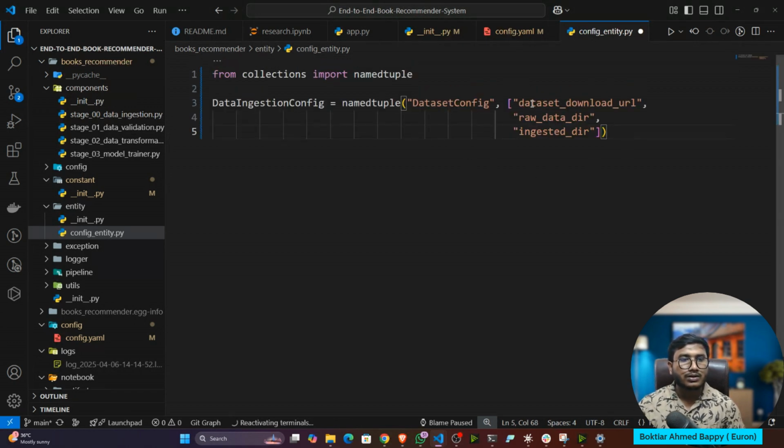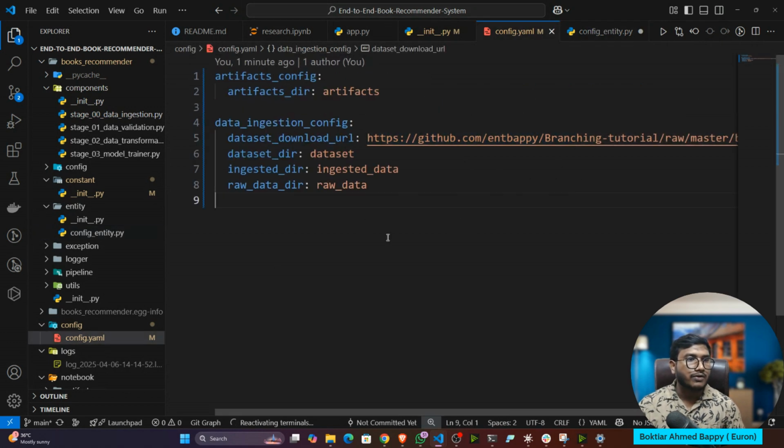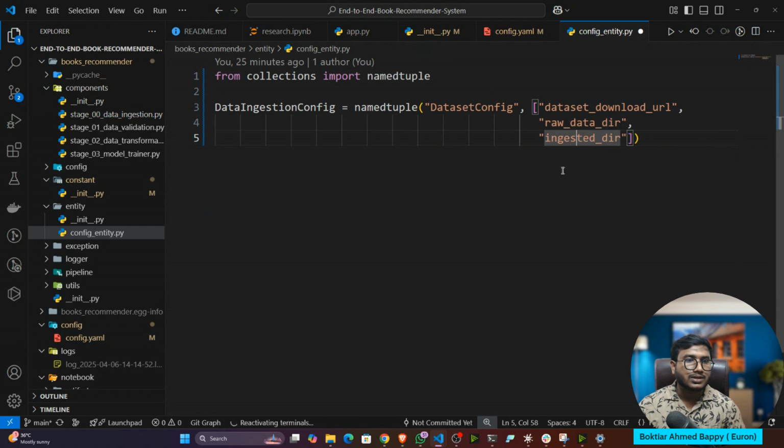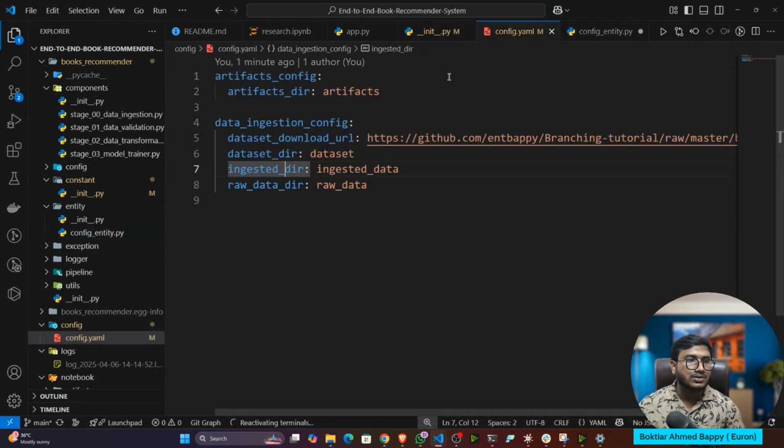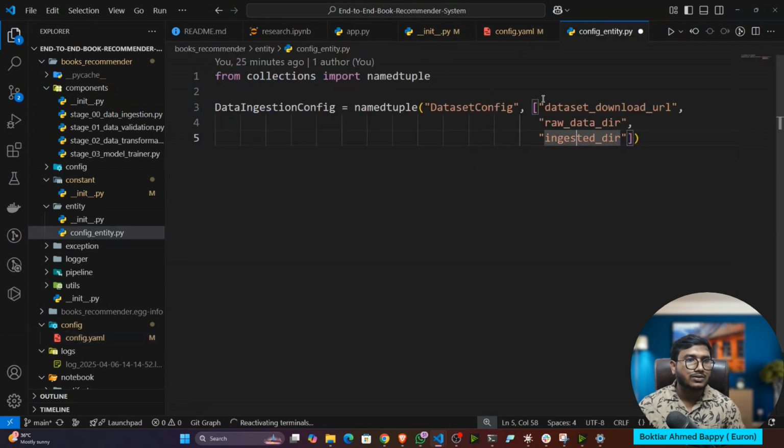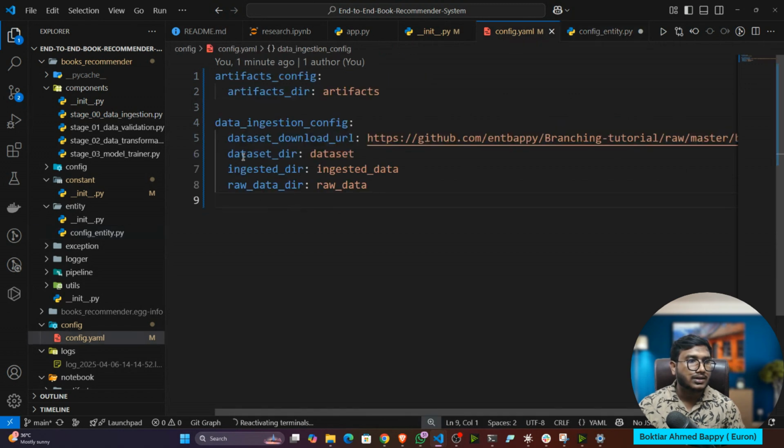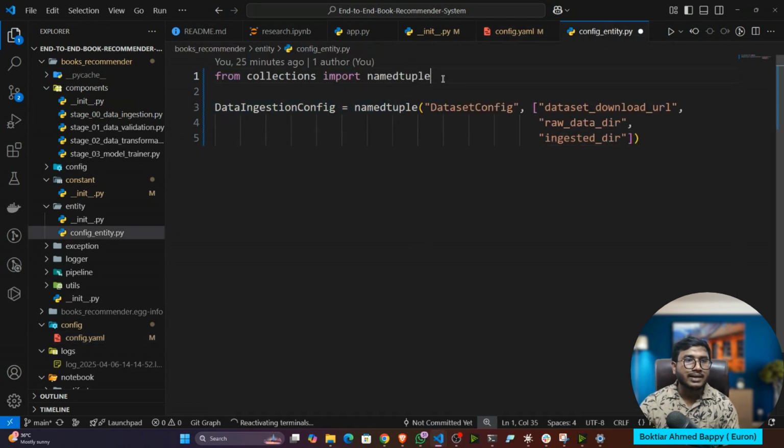The first output, dataset, here in the config. So how many things are you returning? 1, 2, 3, 4. But here you will see ingested data. Here I am returning 3 because this is not required. Raw data is not required. Maybe data, raw data, ingested data, and dataset directory. Yeah, so dataset directory is not required because after doing the data ingestion, I will be getting ingested data and raw data. So this thing I'm mentioning here in the named tuple.